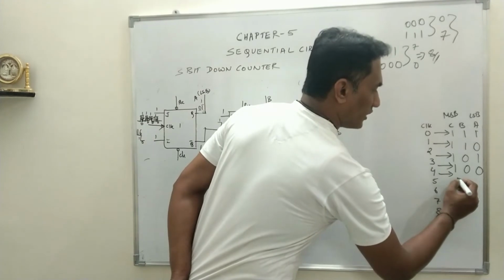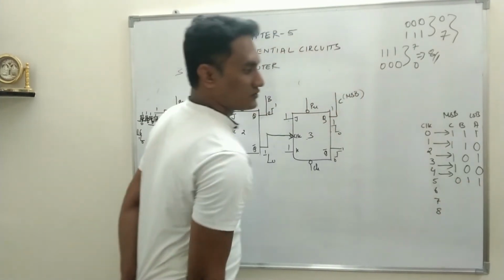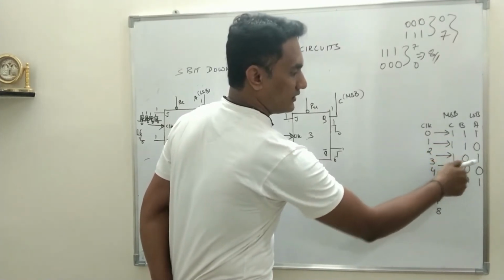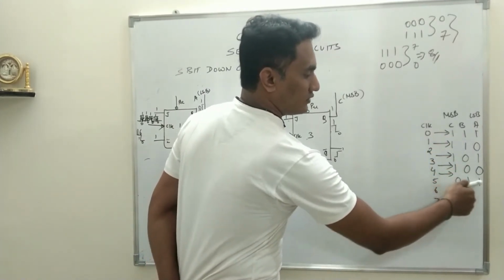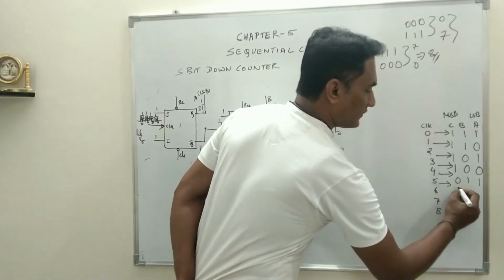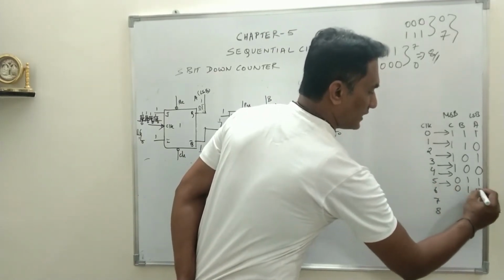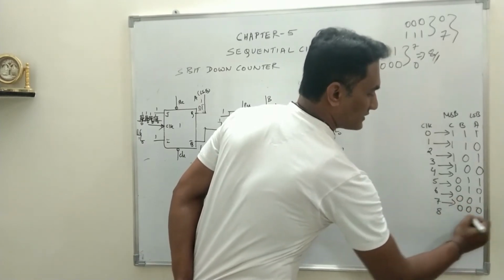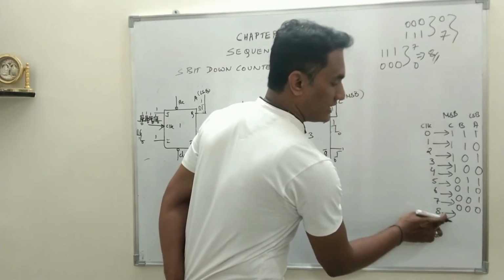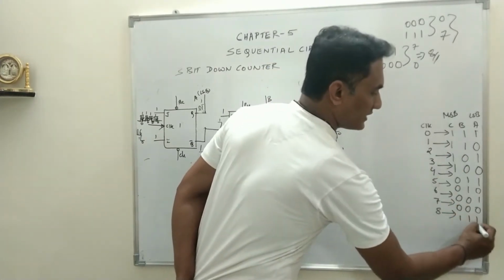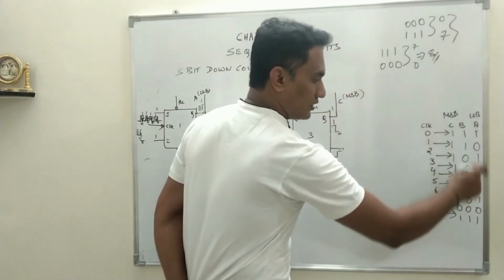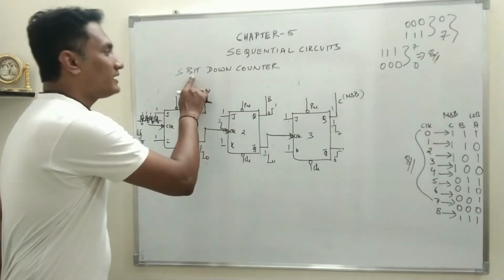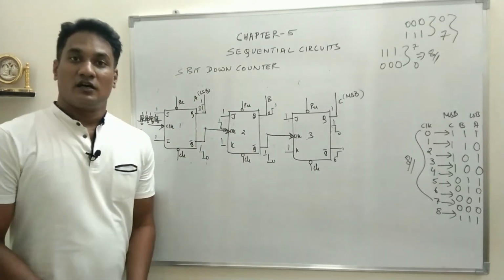At the end of the fourth clock pulse, C is 0. So if you see the binary counter, this is 111, 110, 101, 100 and 011. So at the end of the fifth clock pulse, it will be 010. At the end of the sixth clock pulse, it will be 001. At the end of the seventh clock pulse, the state will be 000. And at the end of the eighth clock pulse, it will again go back to its initial condition, that is 111. So total number of discrete states is 0 to 7, that is 8. So it is a modulo 8 counter, but now it will count down.